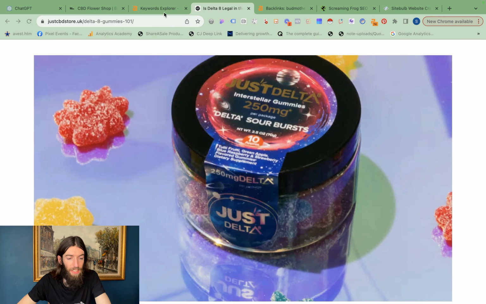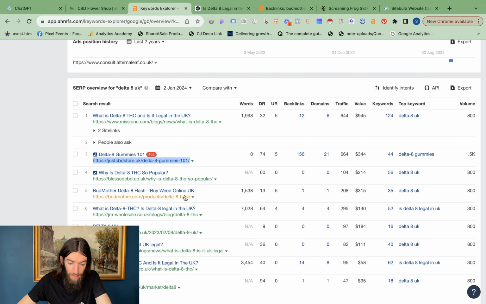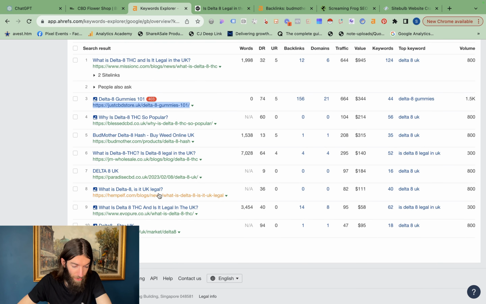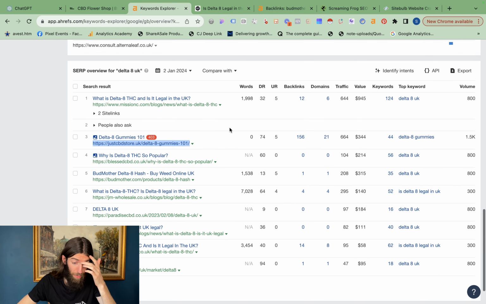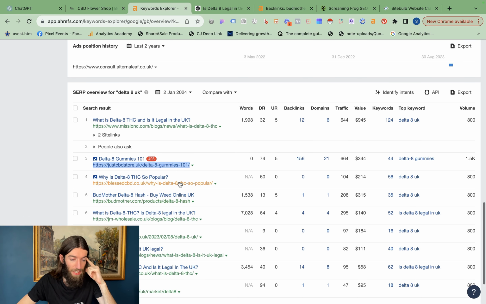So this is always interesting. We've got an e-commerce page that's ranking for what is much more of an informational query. So if we look at the rest of the top 10, we've got blog post, couple of e-commerce sites. So I don't really have a problem with having an e-commerce page on the site, obviously. I think this is a strong case where adding an additional Delta 8 blog post could actually be beneficial and